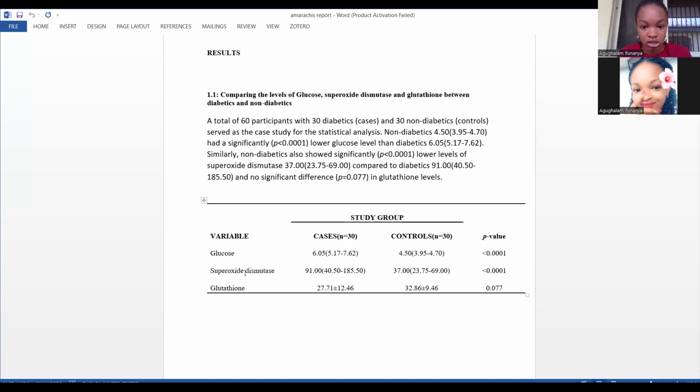Now, if you look at this for the superoxide dismutase, you can see 40, then the median 91 and 185. You can see that they're kind of far apart when compared to the